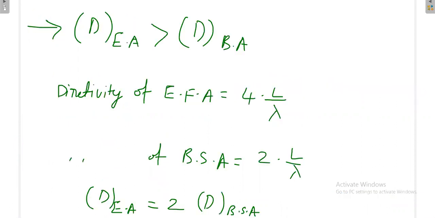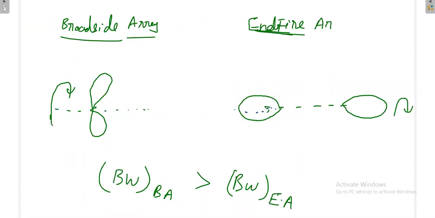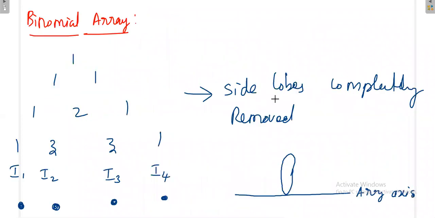Actually, you will have some side lobes here, sir, but I am not mentioning it here, so as not to cause confusion. Similarly here also you will have some side lobes, like this. You can join these two, no problem. But in the case of the binomial array, you will not have side lobes. That's the main idea. In the exam, they'll ask a question like this: to avoid side lobes, what has to be used? Binomial array. Binomial array avoids the side lobes.